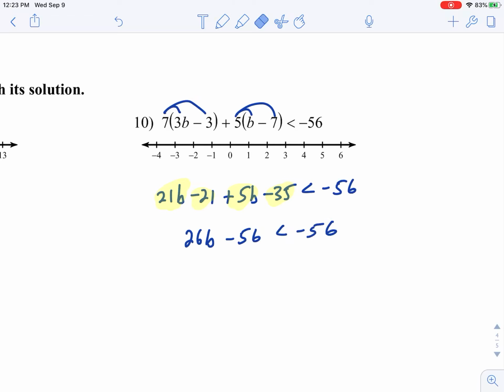To isolate the variable, now I know my b and my 6 look a lot like each other, and I've never been able to teach myself to write more clearly, so unfortunately for you, you're going to have to deal with that as you go through the school year. All right, anyway,